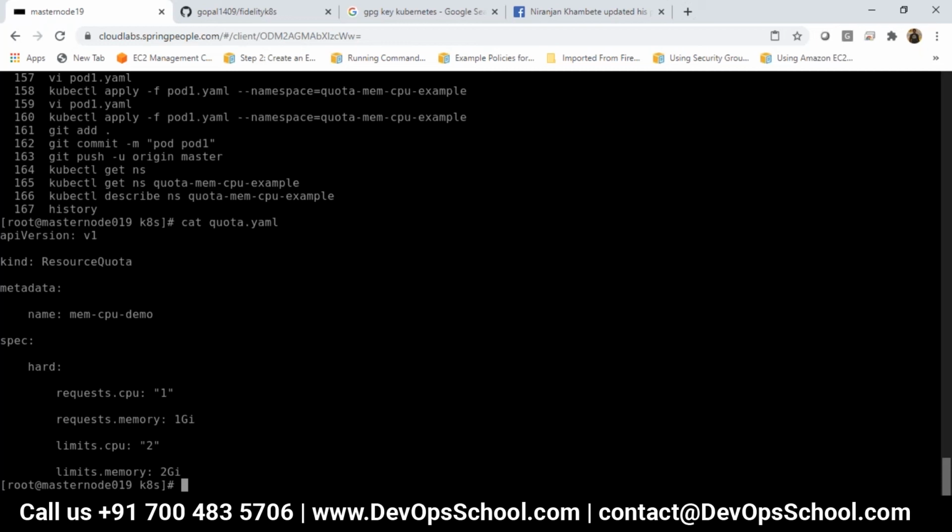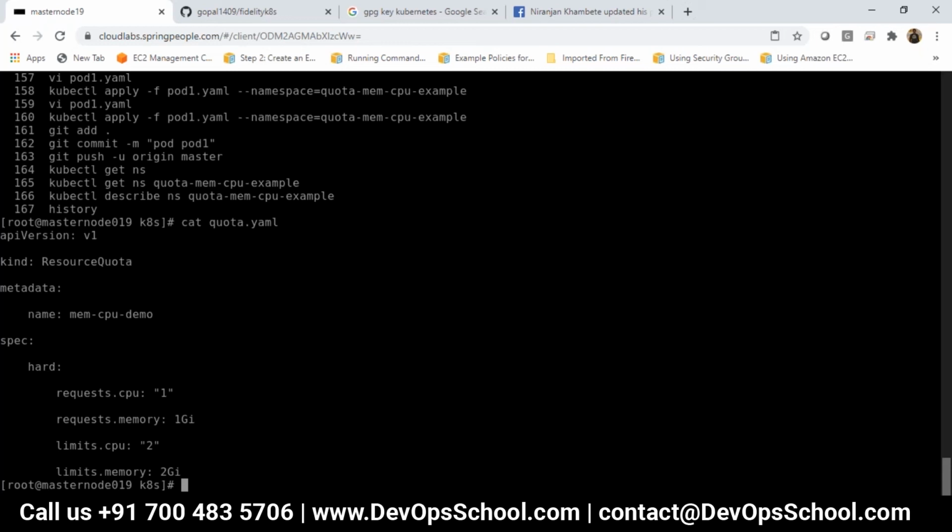They are making so many changes. Kubernetes is growing on a daily basis. In the latest 1.9 version, they have come up with so many new things. Command line is not changing, but they are coming up with new ideas.